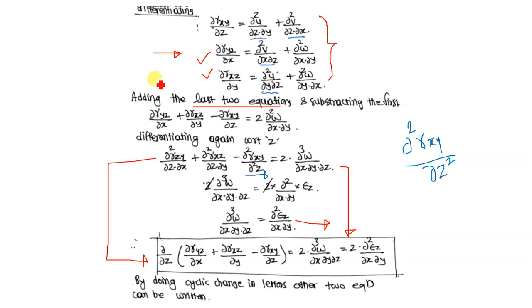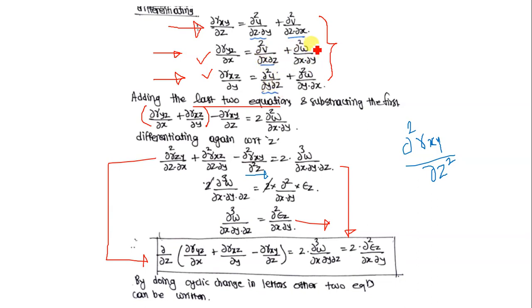This is the second equation. So the left hand side of the equation is added minus the first equation. So this equation is deducted from the addition of these two equations. Now what will be the right hand side? Now if we add these two equations,